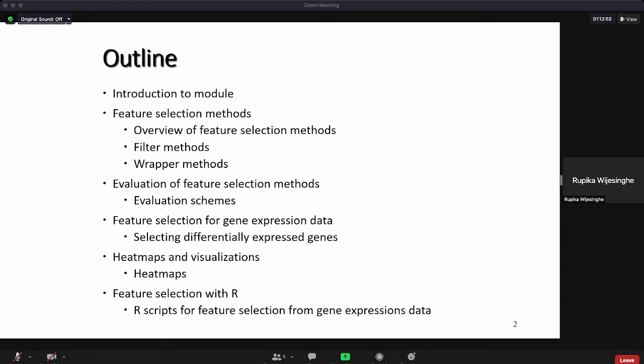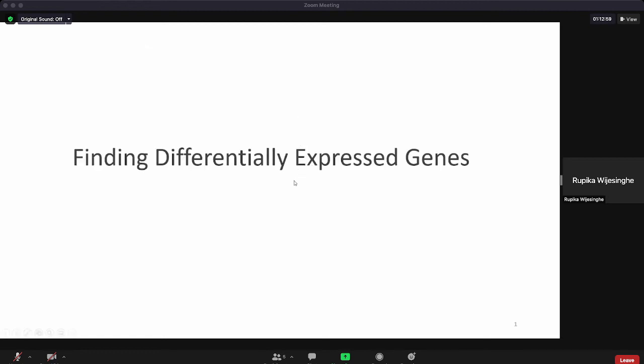Now, as I said, in here we are going to talk about finding differentially expressed genes, because finding differentially expressed genes is important in developing useful biomarkers, and also to study differentially expressed genes in plants. It will help in the case of plants. We can say if you can identify the genes,